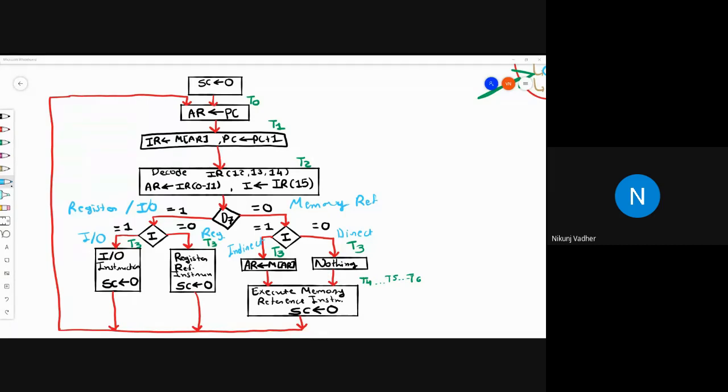So in today's lecture, we have discussed the design of the basic control unit, the hardware control unit, the microprogram control unit, then the timing diagram, components of the control unit, and then the instruction cycle. So with this, let's complete today's lecture session.